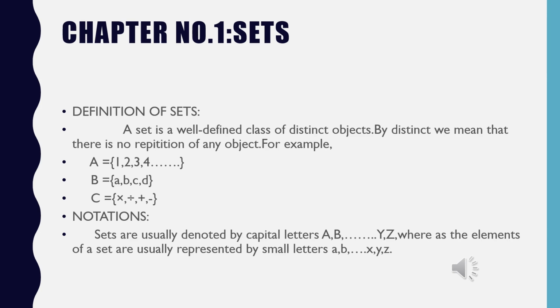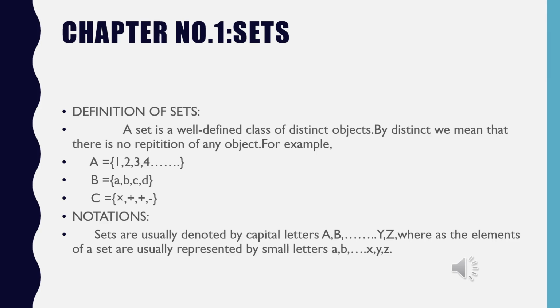Suppose I say the weekdays. Weekdays you can easily say, Miss, it is Sunday, Monday, Tuesday, Wednesday, Thursday, Friday and Saturday. So, by writing set B is equal to days in a week, or I say months in a year. Months in a year means January, February, March, April, etc. You can easily make the set of months in a year. This is how we form a set.